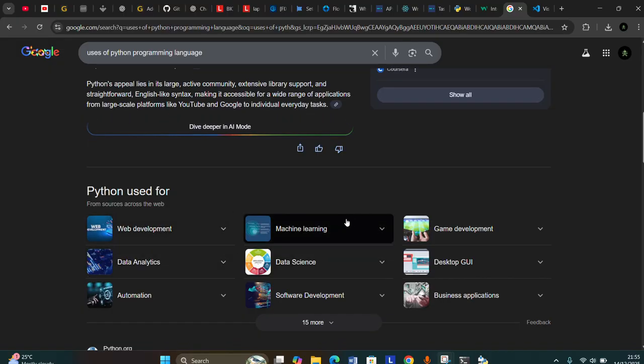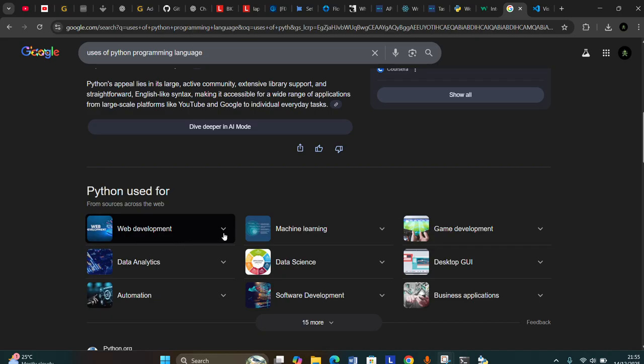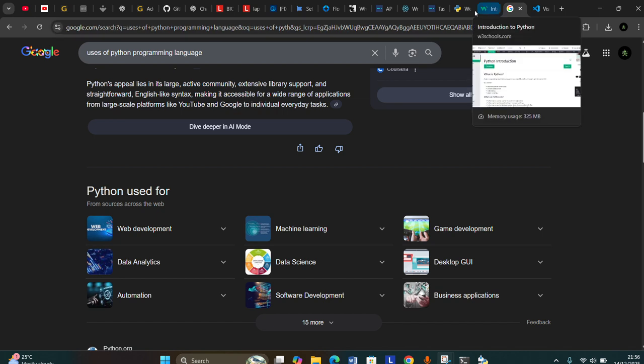So we have web development, machine learning, and game dev. For web development, Python is used for the backend. For machine learning, it is used for creating AI and all those stuff. So it depends on what you want to use Python to do. What I'm teaching is Python syntax. So before we start,